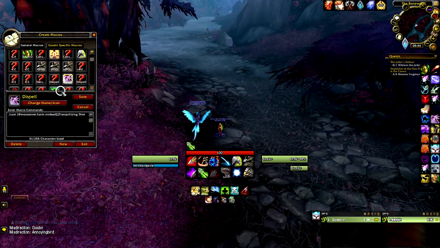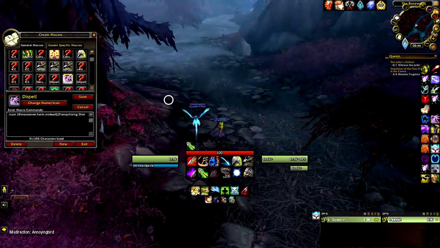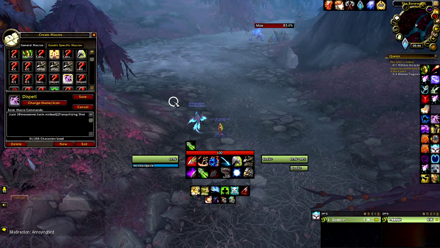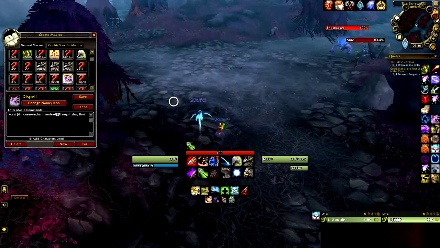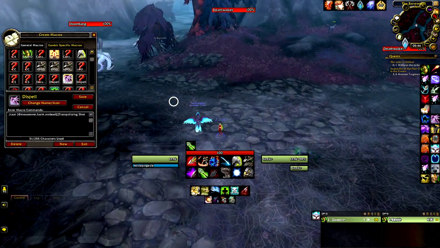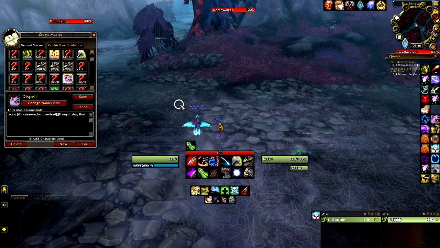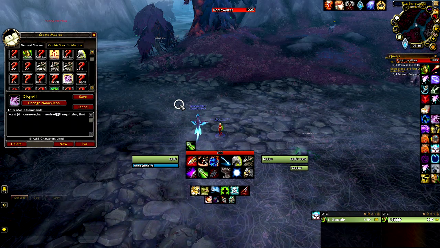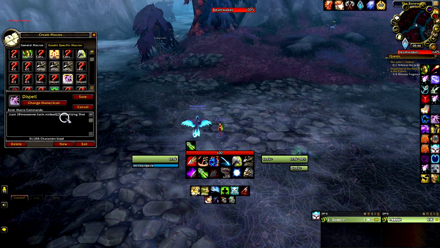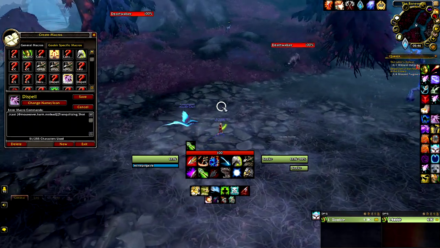This is a mouseover Tranquilizing Shot. A good example would be first boss in Theater of Pain, right? You pull the Bloodhorn onto the bosses and you want to be killing Desia, but at the same time, well, it would depend. If it's Tyrannical week, you want to be focusing Desia. What this will allow me to do is focus Desia while still being able to mouse over Tranquilizing Shot